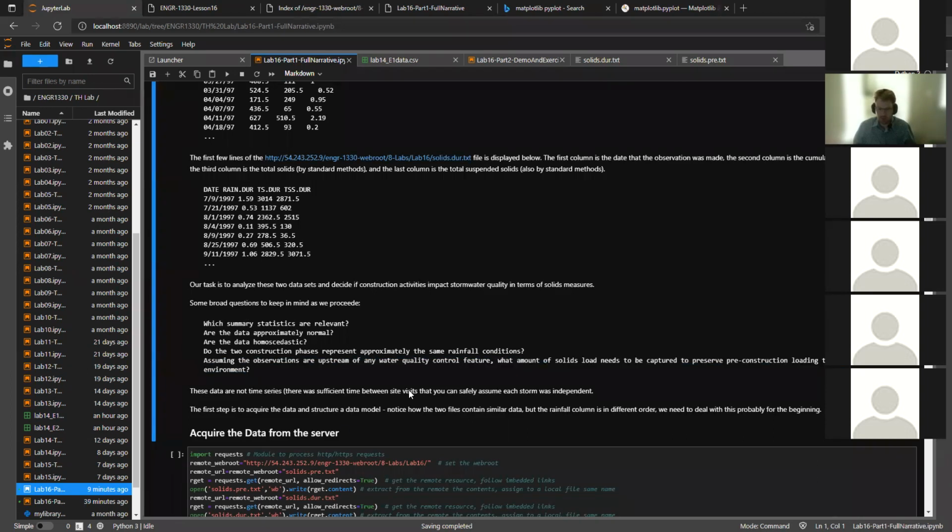What I'm getting at is, what is a time where we cannot assume that each storm was independent? So as you guys think of that,